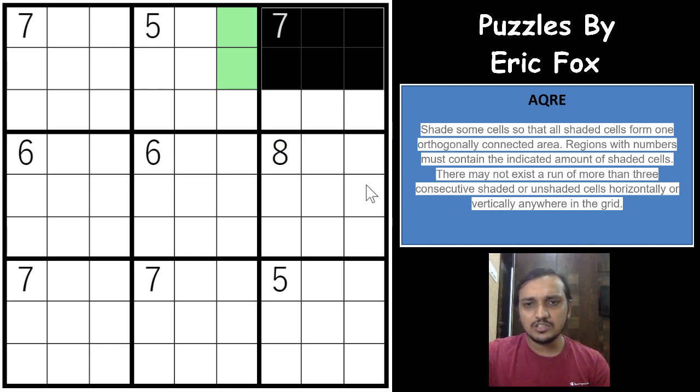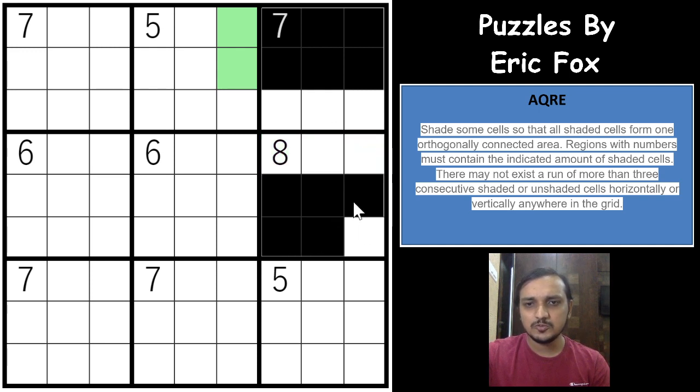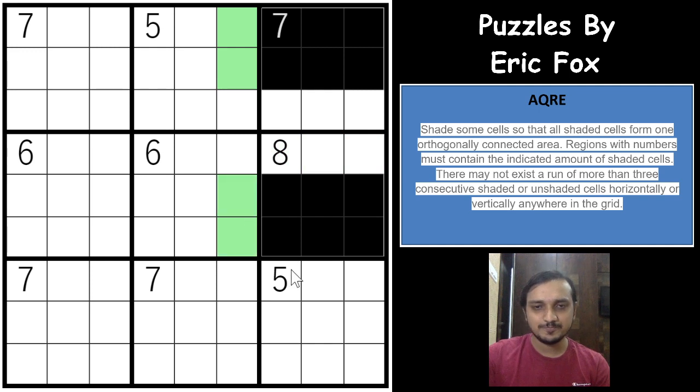So which means that for the 8 here, out of the 9 cells, 1 cell will be unshaded, and it has to be somewhere in these 3 cells, right? Which means that all the other cells will have to be shaded. Excellent logic. Now one more excellent logic here is, if I unshade this cell for the 7, there is no way that you can take the shaded cell, connect to the other part of the grid,